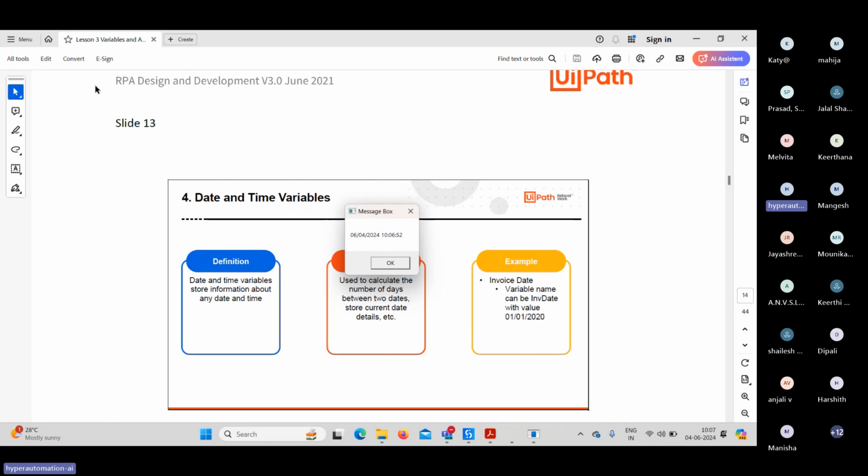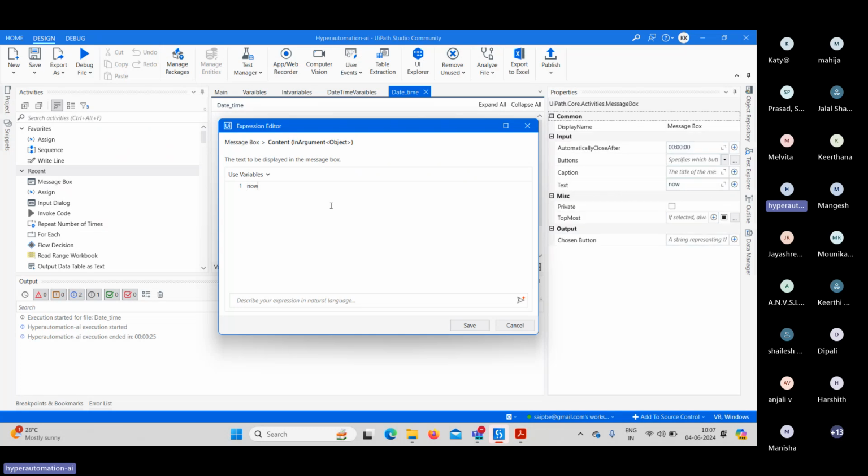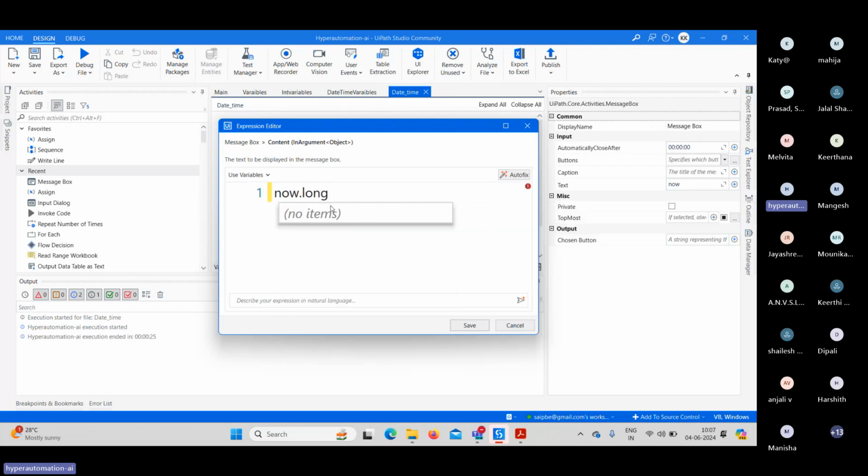Okay, so we have something called the today date. We are on 4th of June 2024, 10:06:52, right? So this is the present existing date and time. But out of which I want to get only the date, or else I want to get the long version. You can utilize various functions there. So I'll utilize something called